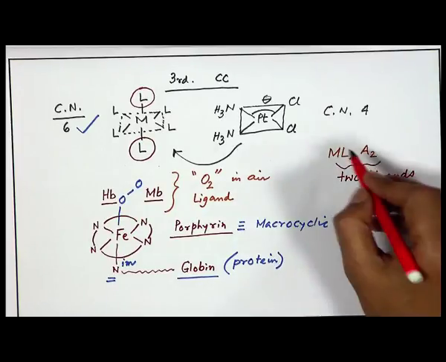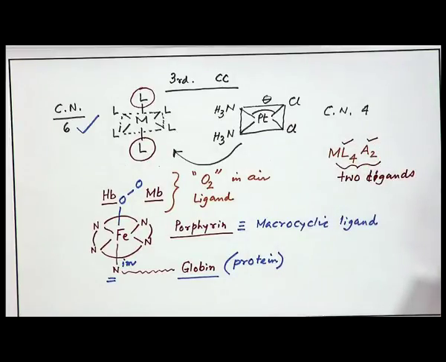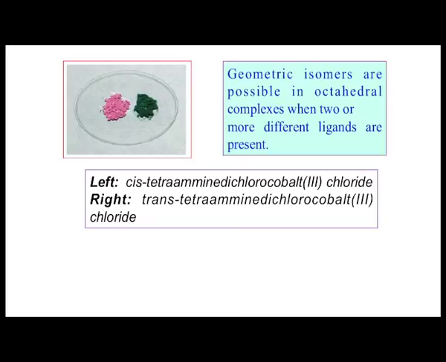Two types of ligand, one is L and another is A. When they are giving rise to things, we can have 2 different compounds. So, this is a clear observation and that is why these coordination compounds are very nice to handle. In case of organic compounds, most of the compounds we get are in solution, and if we can isolate them they are all colorless and white in color.